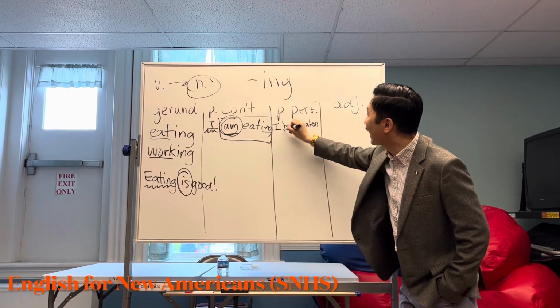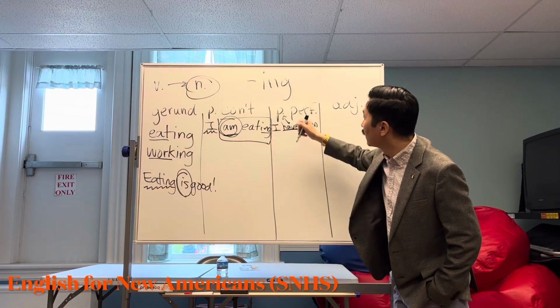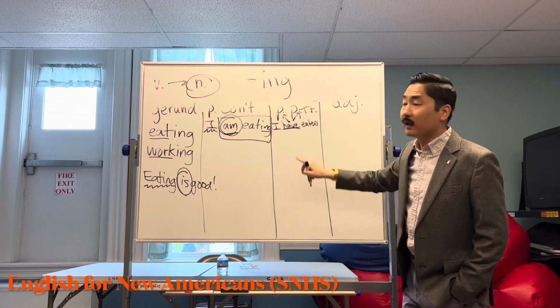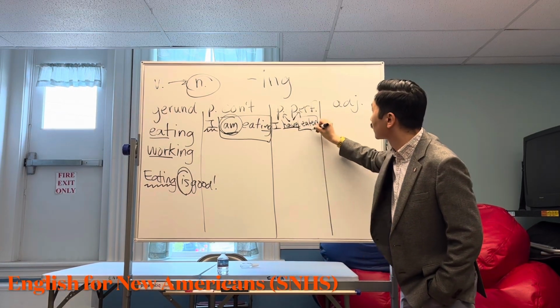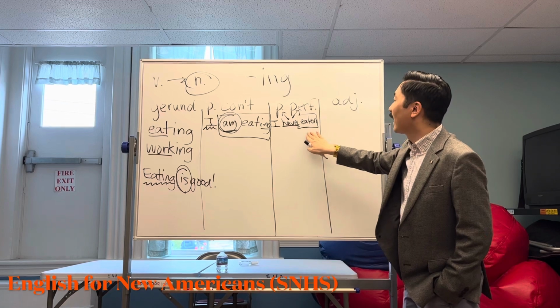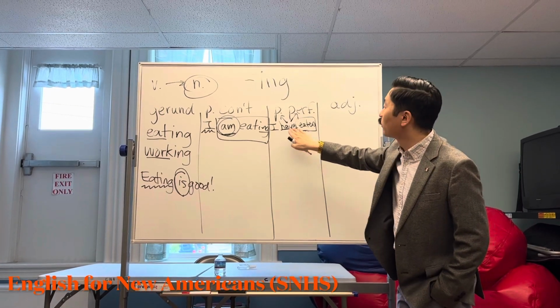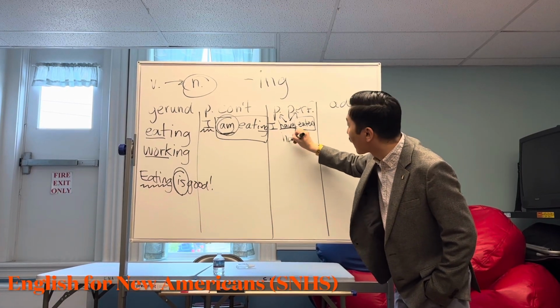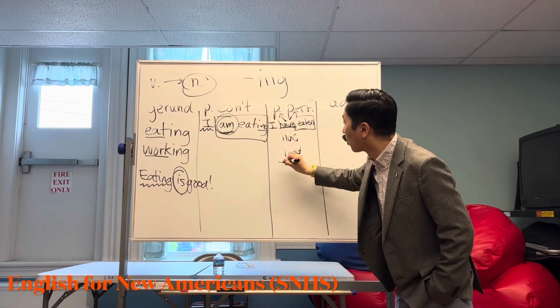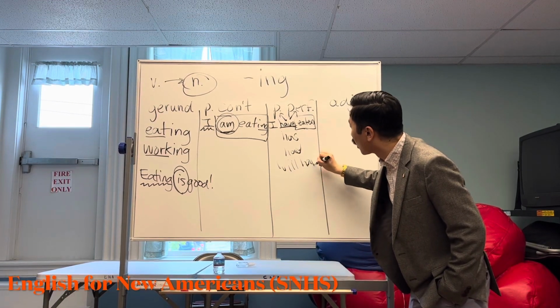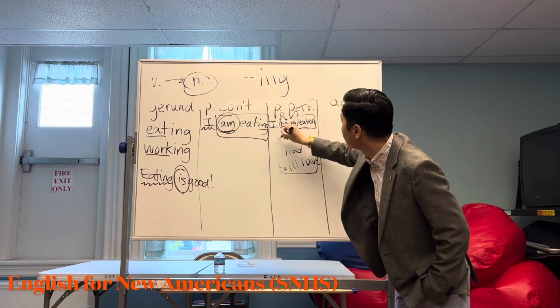But here we have have, which indicates that it's a perfect verb tense. If it's a perfect verb tense, we're going to use something called the past participle, not ing. Okay? So if we have have, or has, or had, or will have, and these are the auxiliary verbs here,